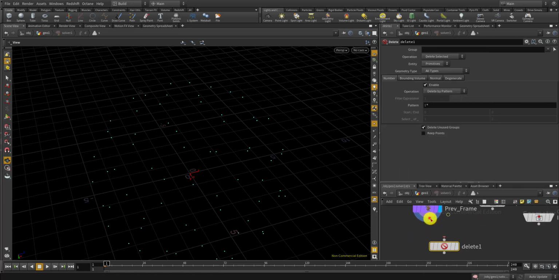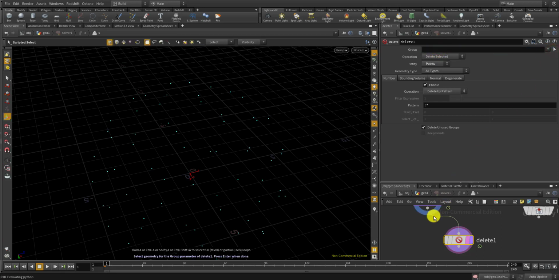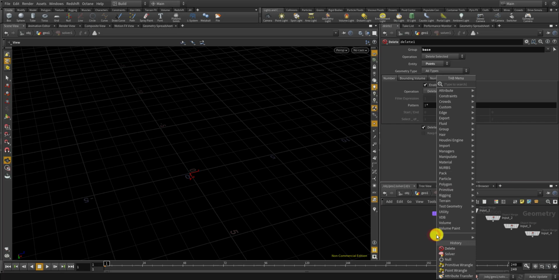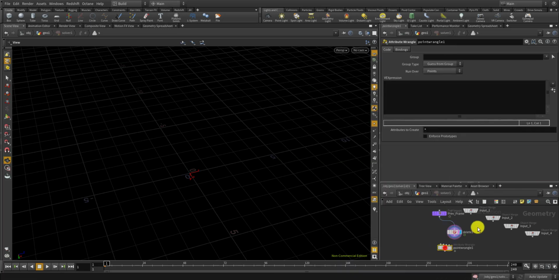make another delete component. And the first thing I would like to do is to go to points and set it to delete selected, and I would like to delete the points which are on the base, which have the base group here. And let's also make a point wrangle here. And connect the pref frame to the first input and deleted points to the second one. And then